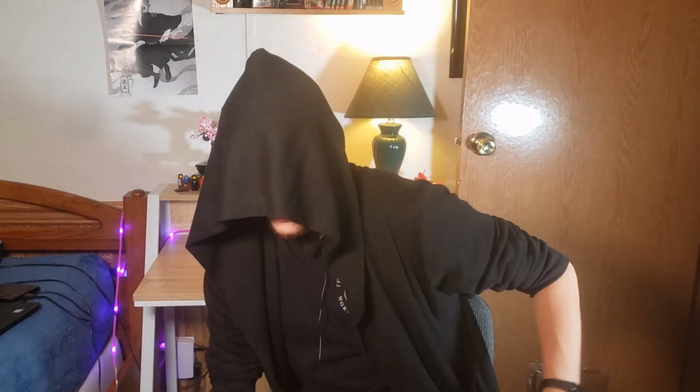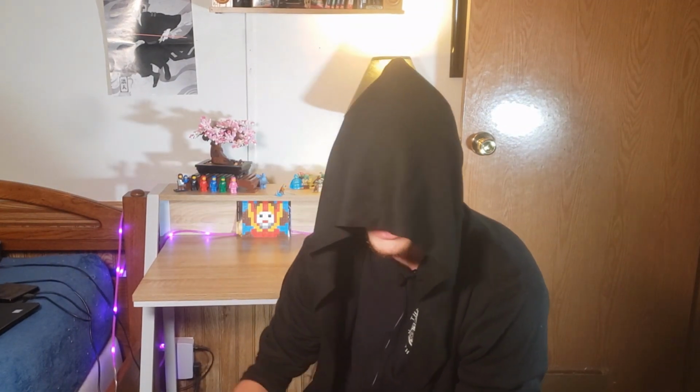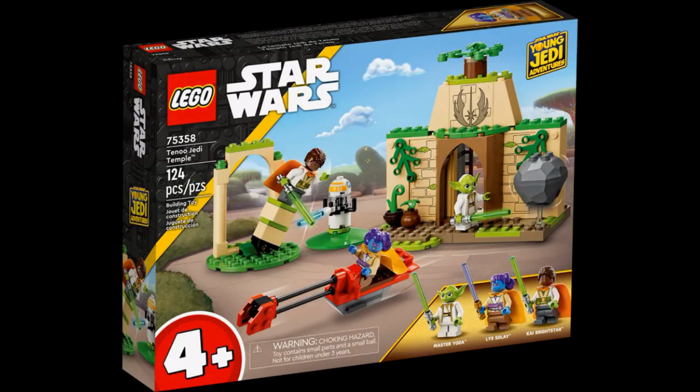So yeah, just gonna go through these pretty quick. Starting off is the first one, the Tanoo Jedi Temple. I think the 4+ little set. Great minifigs. I think it's a very bad price point at $40 for that piece count. Like, I don't know if a lot of people are buying that. Maybe I'll just try to get the figures on Bricklink or something, but that's obviously for an adult collector, not much there. As a kid set, it's a pretty good play set, just again, expensive,